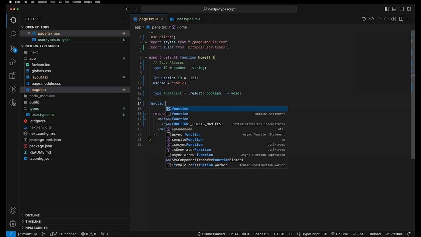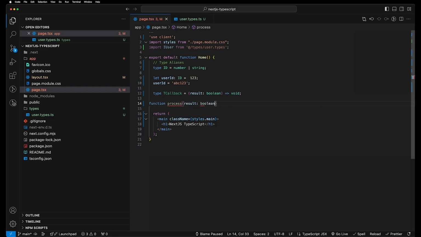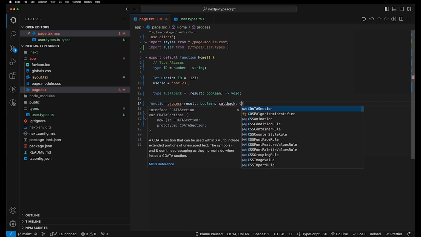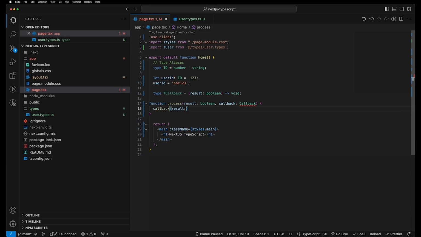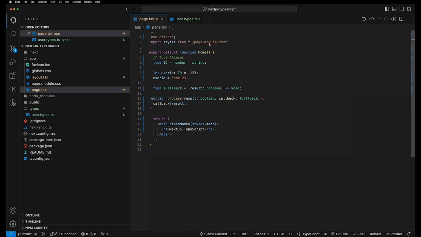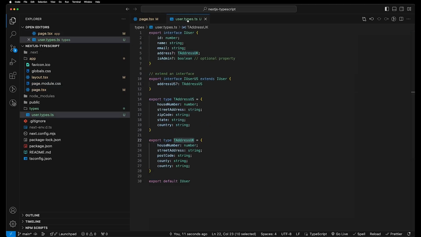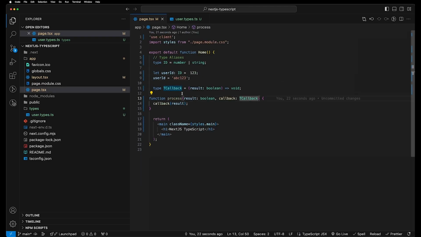And then we're just going to pass a function of process, and we're going to say it's going to be a parameter of result, which will be a type Boolean. And then we're going to add our custom type alias, which is callback. And then we're going to run our second parameter here and pass in our result. And we just need to obviously call it T callback because that's what this type alias is. And then we can delete this import up here. And that's basically how we create a custom type alias. And you've seen we've done that already here, and we've used this within an interface, but this is how we create a custom one in our Next.js component